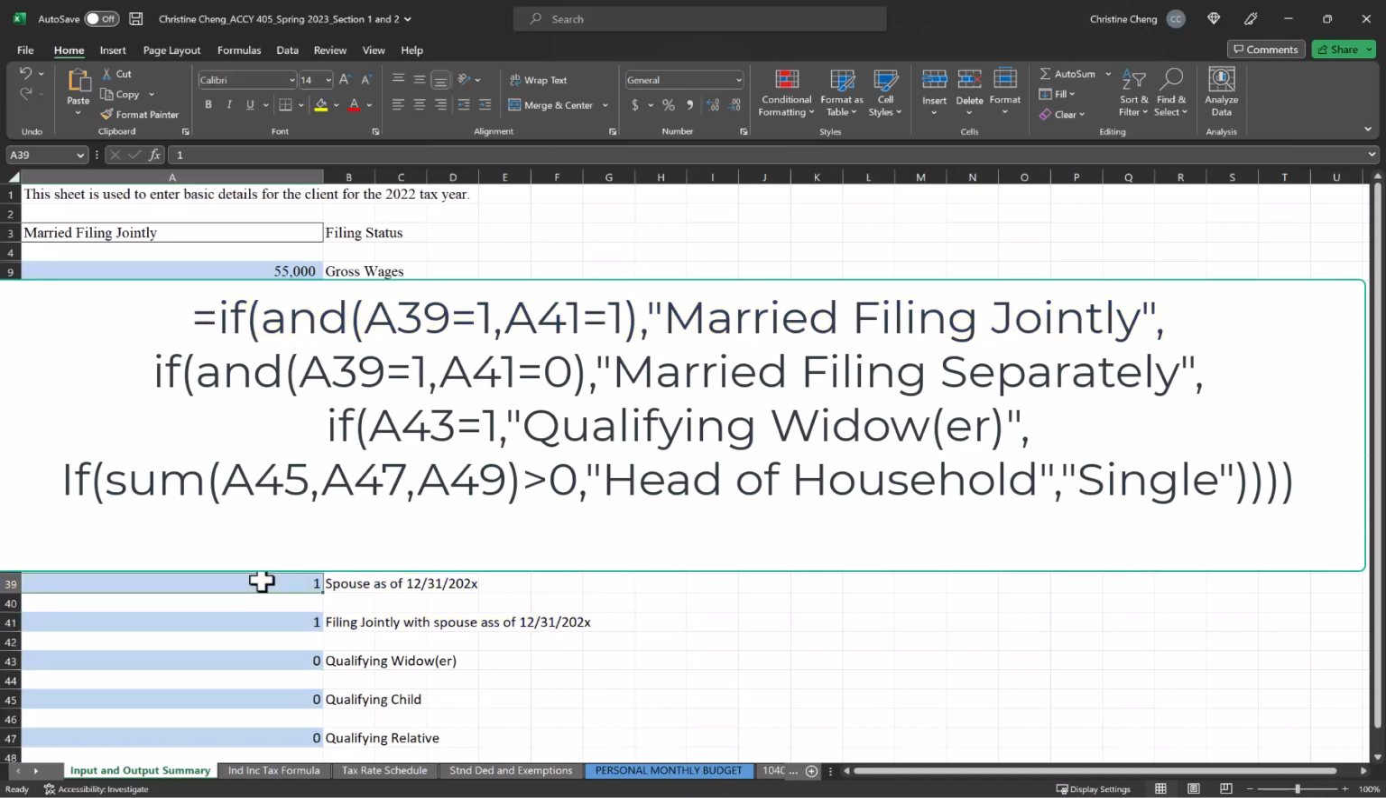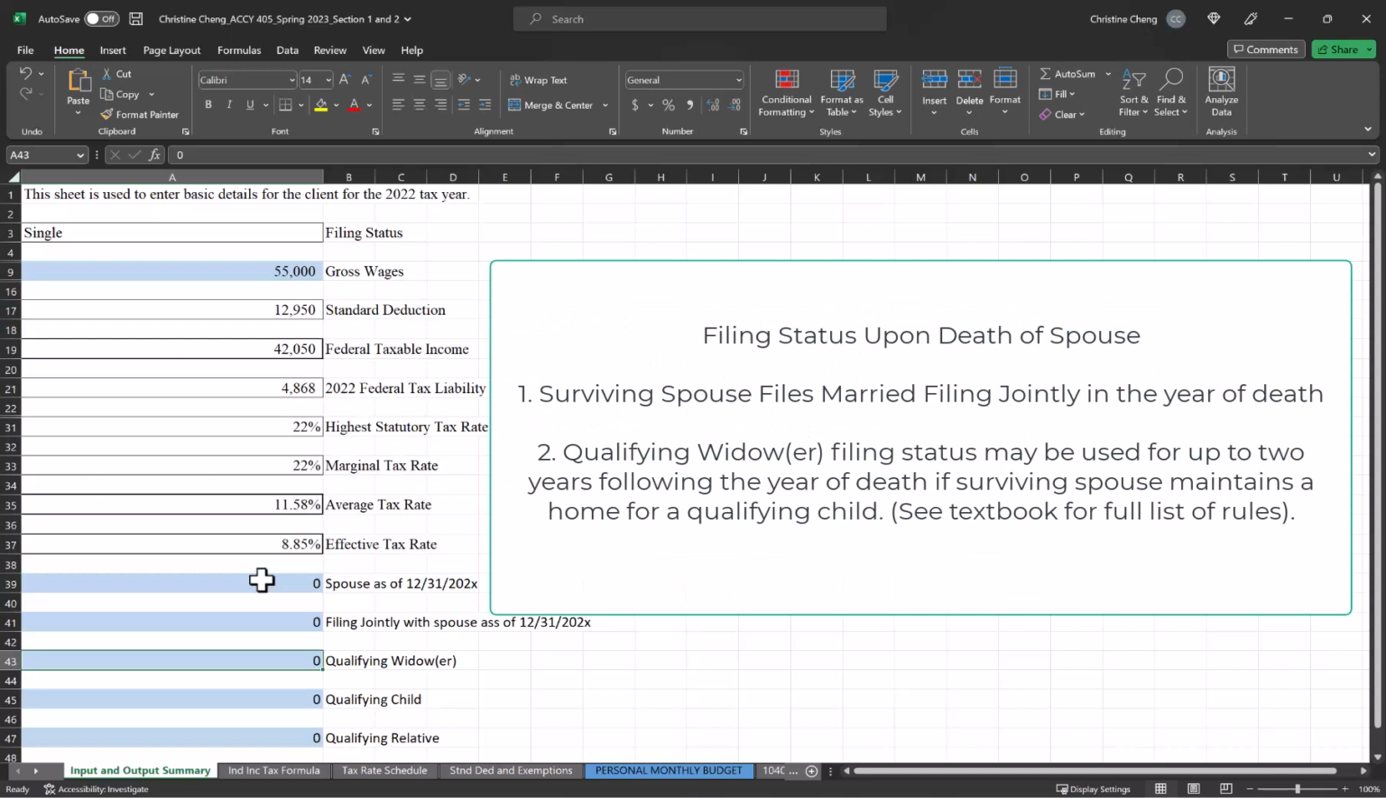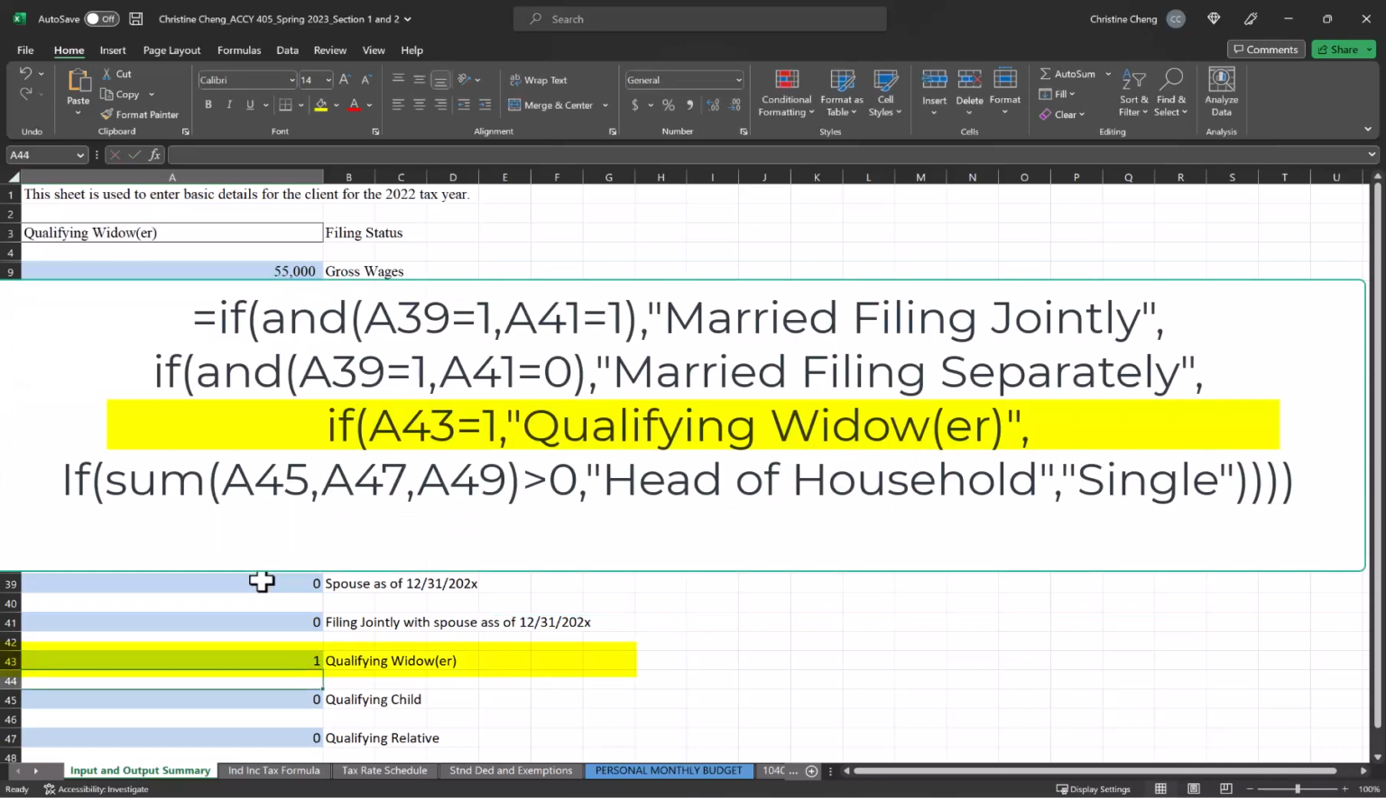If my client weren't married, but indicated that they had a deceased spouse and they met all of the conditions for a qualifying widower, meaning that the spouse did not die this tax year, but died in a prior tax year, that they were within the 2-year limit after the year of death, and that they provided support and maintained a home for the dependent child, then I would enter a 1 here and my filing status would update to